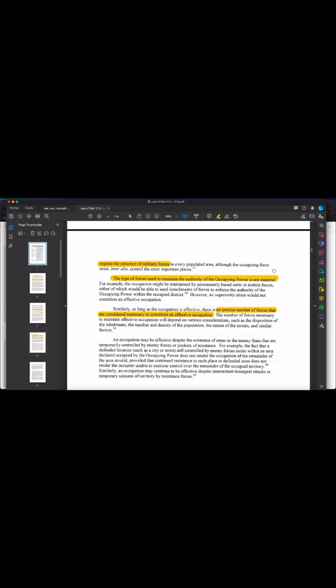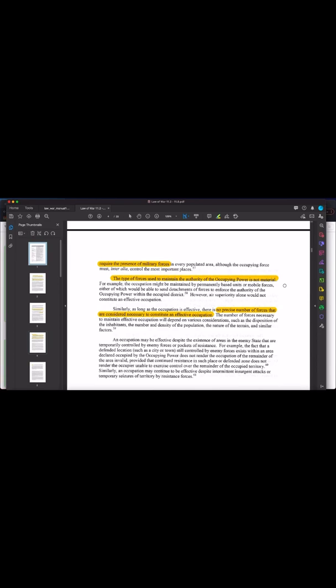So that means they don't actually have to have military boots on the ground in order to effectively occupy another nation. Additionally, the type of forces used is irrelevant. It doesn't matter if it's soldiers, politicians, or business owners, whatever.